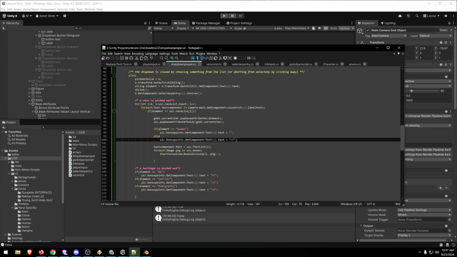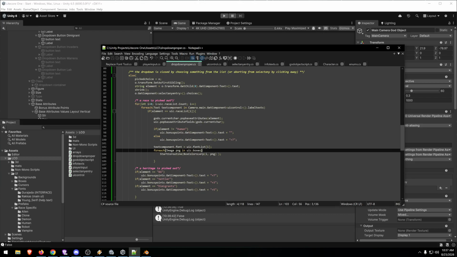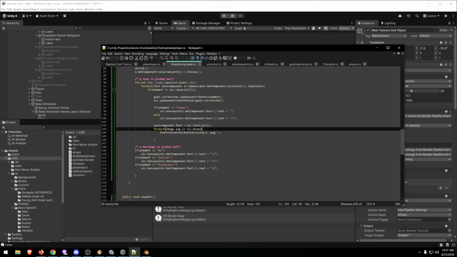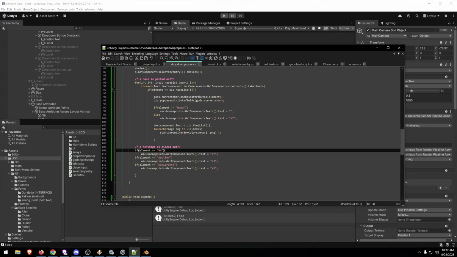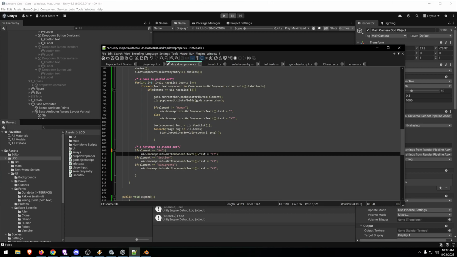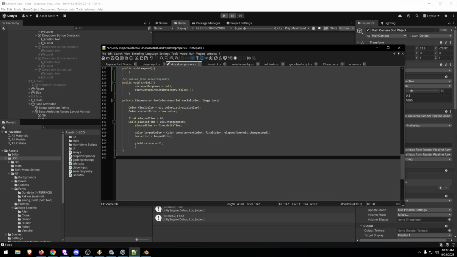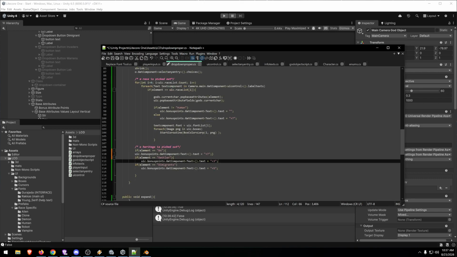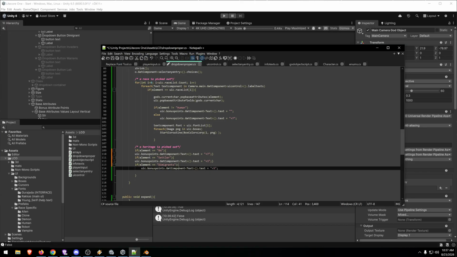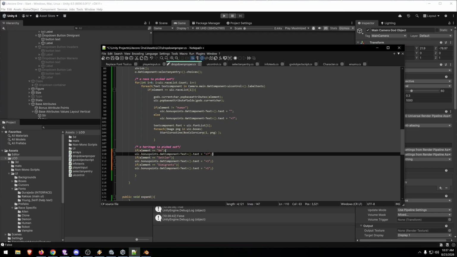Race is picked out. Heritage is picked out. Right. So if you pick this settler and stuff, I didn't think we would need the brackets, but we do, unfortunately. Whoops. We need the brackets, because it's going to be another line of code every time you pick out a heritage, and that line of code is going to say